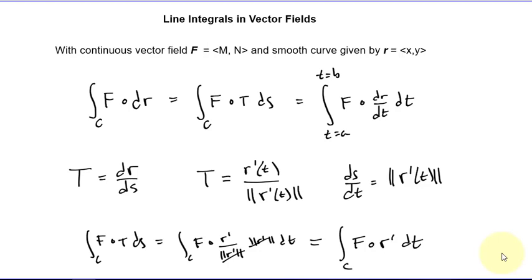Okay, in this video we'll have a look at line integrals in vector fields. Let's just begin by making some sense of all this notation that's starting to collect as we discuss line integrals in vector fields. So when we have a continuous vector field, F, that's given by some vector that would have this kind of form,